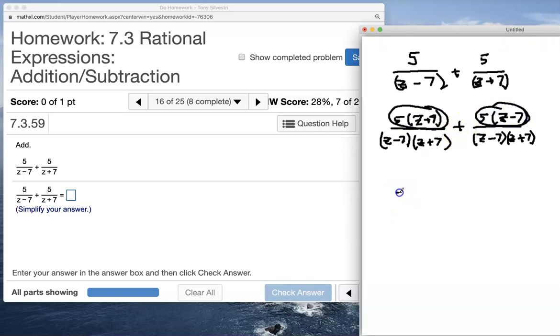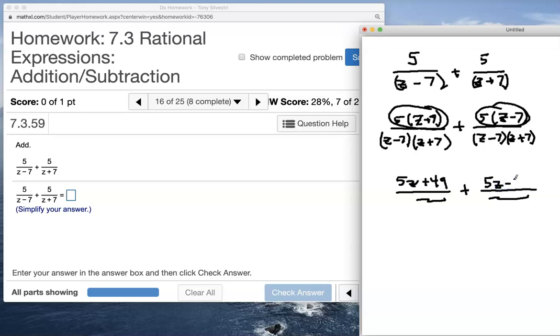So here's what I'm going to do. Z plus 5z plus 49 over, blah, that's okay. I don't care about the denominator. The denominator did its job. Don't need to waste time entering that. Same thing with blah, blah, blah here too. But I will say 5z